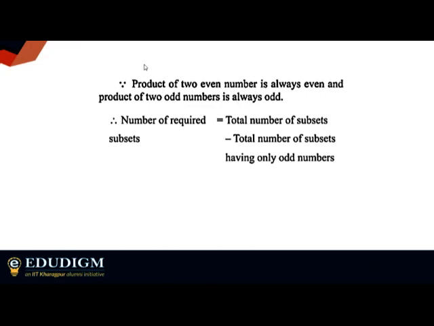So, see, this is the logic we are using here. If you are just considering even numbers, which we are getting here as products, what we are doing here is we are just going for the odd numbers, because the product will be odd provided all the elements are odd. Even if there's one even element in the mix, the product is going to be even. So as you know, there are 100 numbers, so 2 to the power 100 minus 2 to the power 50 for the odd numbers. So this is the solution you have.